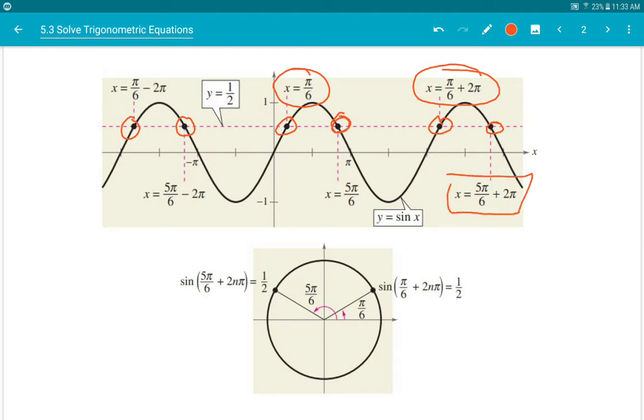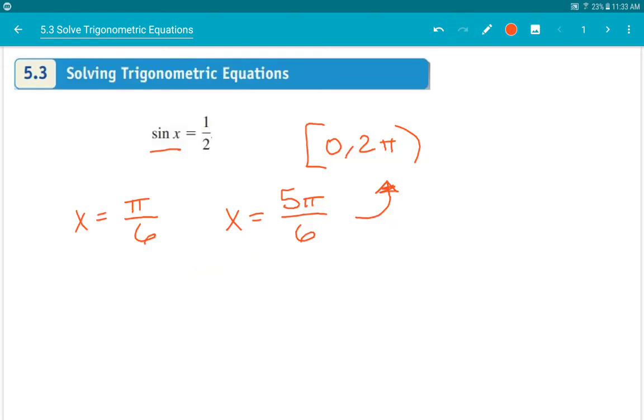Same thing here with the 5 pi over 6. We have 5 pi over 6 plus 2 pi and 5 pi over 6 minus 2 pi. So every 2 pi, you're going to have another solution. Because this one said we are not going to have a closed interval, it just said solve, we can't just say pi over 6 to 5 pi over 6. We actually have to say every single solution. So the actual answer here is going to be pi over 6 plus 2 pi